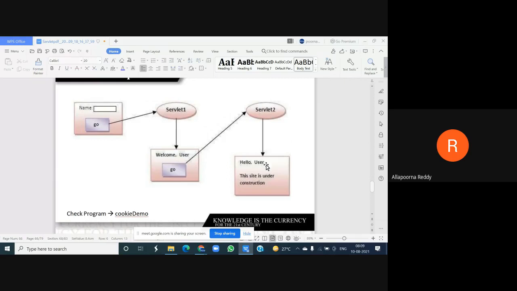Then it says hello user, it gives a message. But what is happening here is that a request is coming from the client and sent to servlet 1, then sent to servlet 2. This is actually the first request. If we go for a second request, your cookie will be stored in the browser. Whether it is storing or not, we need to find out.